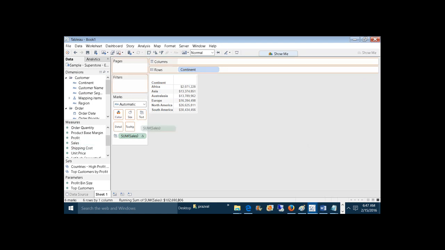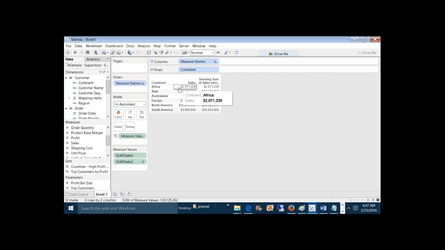So the running total sum is the summation of the current value with all the previous values. So for Africa the value is the same, and for Asia it's a combination of Asia and Africa, and for Australia it's a combination of Africa, Australia and Asia, and for Europe it's a combination of Europe plus Australia plus